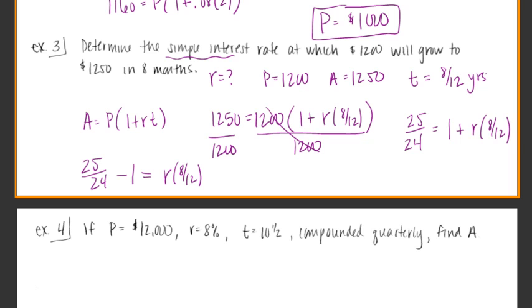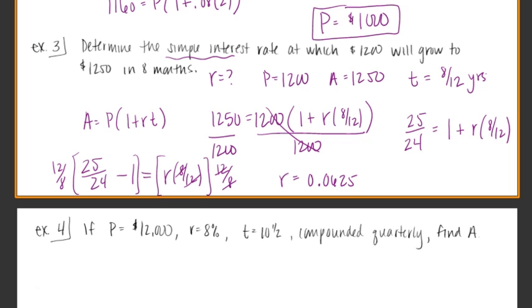And then all I have to do is divide both sides, or here we can maybe even multiply both sides by 12 over 8. That way I can take away 8 and 8 and the 12 and 12, and I just get R by itself. Okay, so putting this thing on the left all in the calculator at once, you're going to go 12 divided by 8 and then times the 25 over 24 minus 1. And I get an answer of R to equal